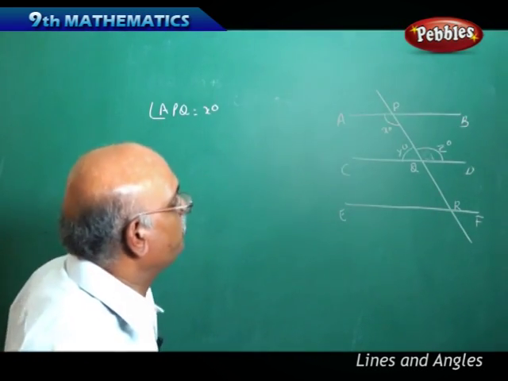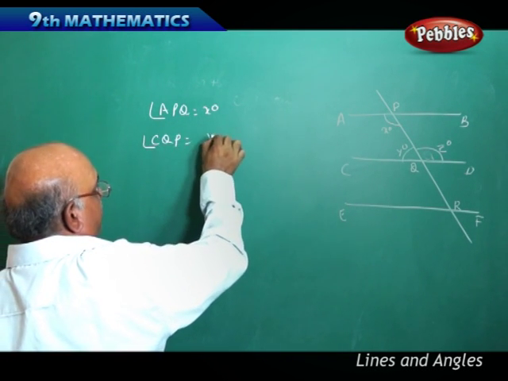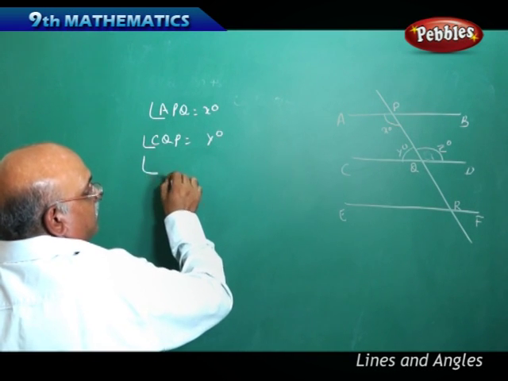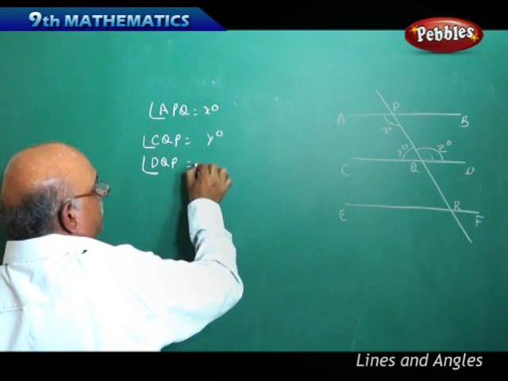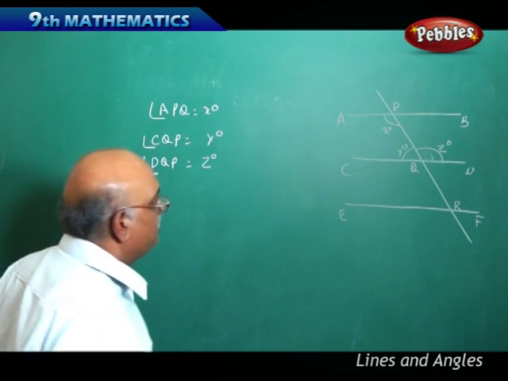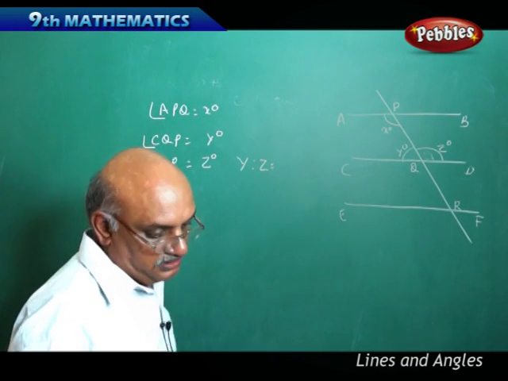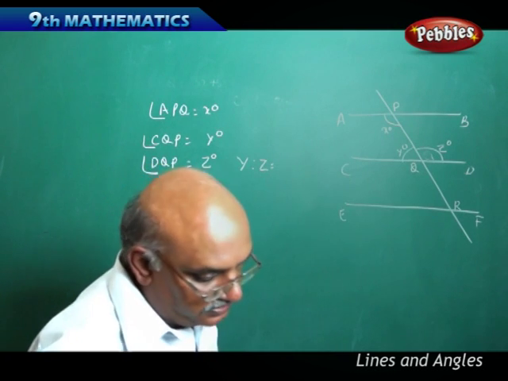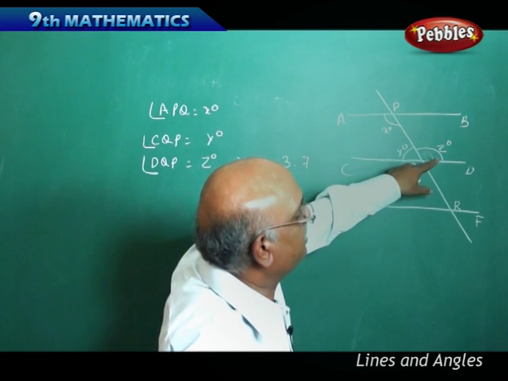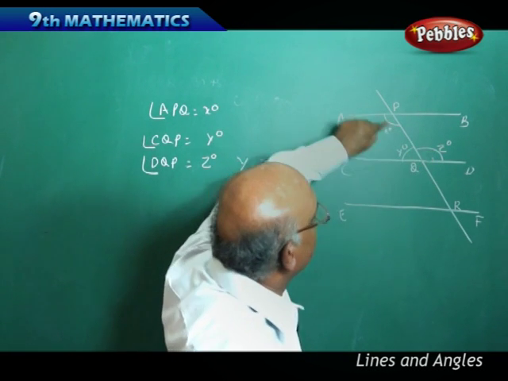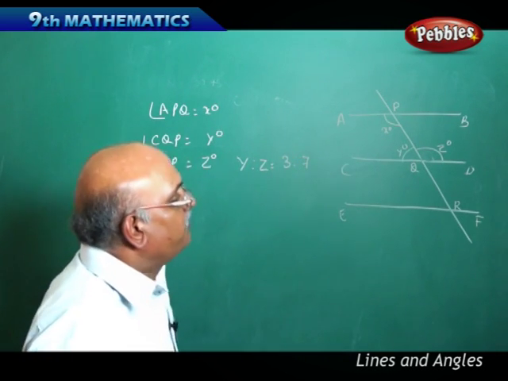Therefore, angle CQP equal to y degrees, angle DQP is equal to z degrees, and y is to z, he had given it as 3 is to 7. That is, the ratio between these two angles is equal to 3 is to 7. Our main interest is we want to find out x, y, z. But if you see the figure,